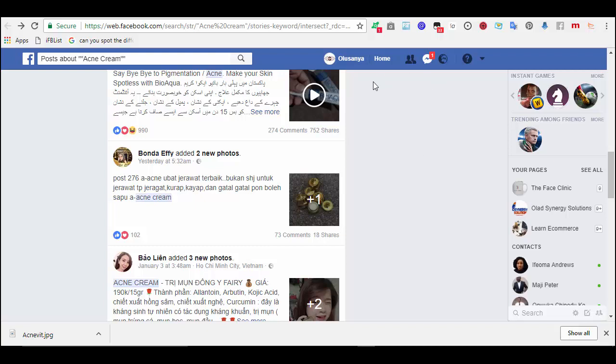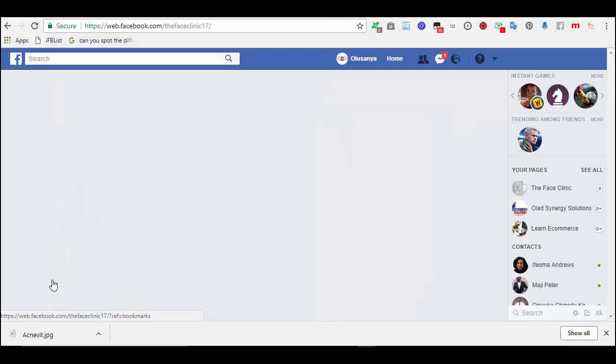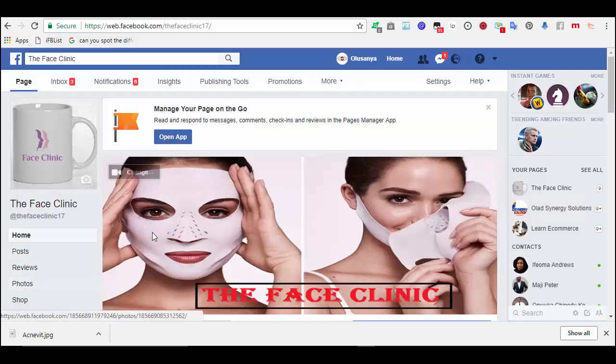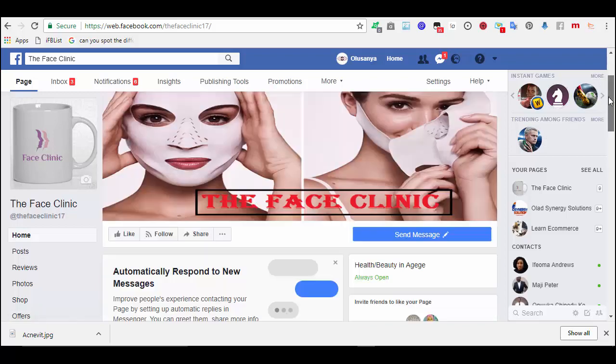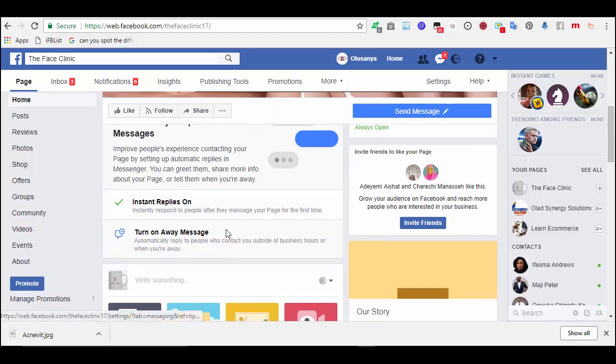Okay, I made mention of videos. If you want to promote your video in the same vein, once you go to your page, you can actually set this autoresponders on.